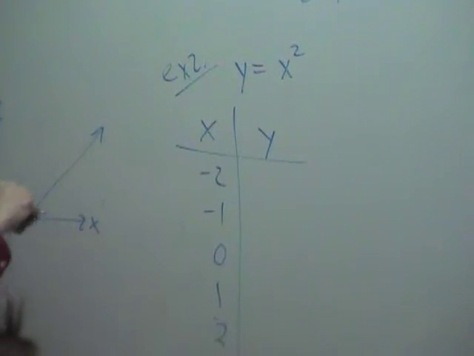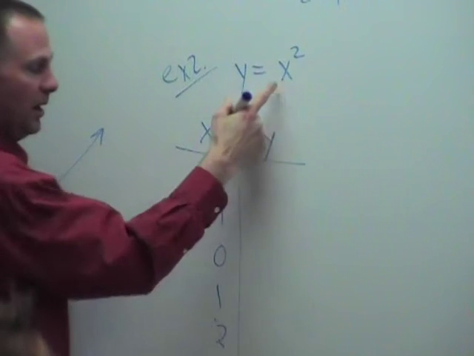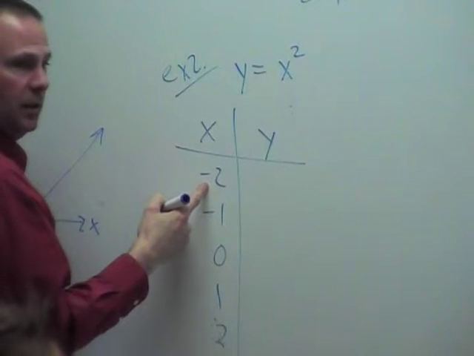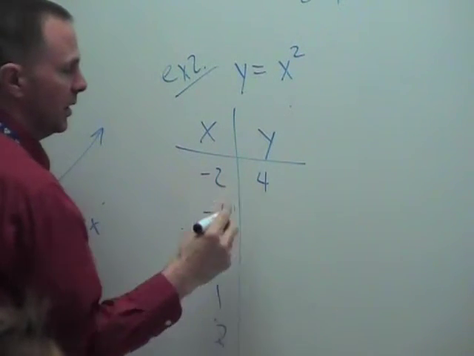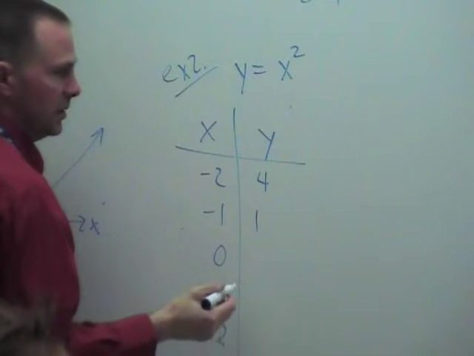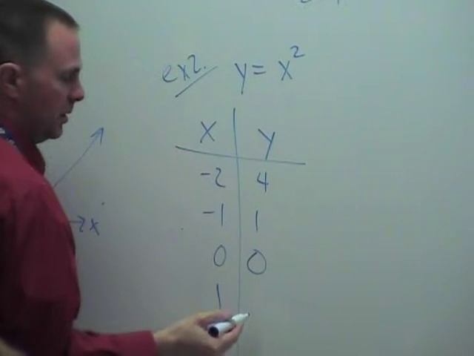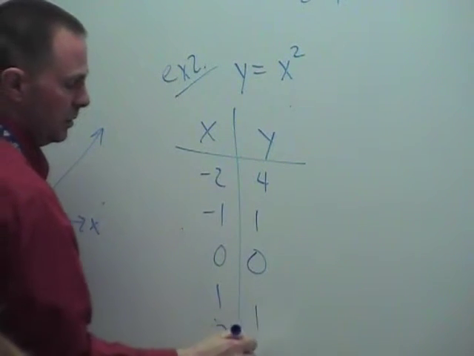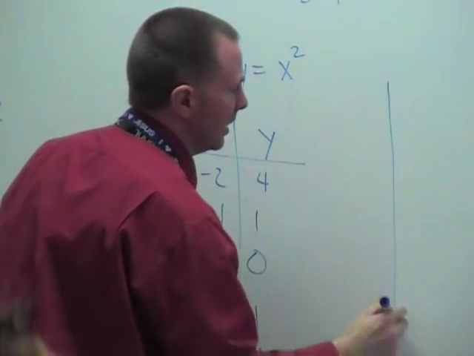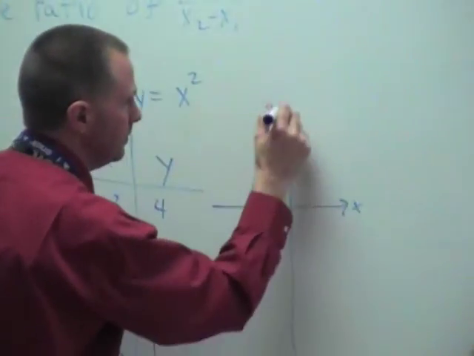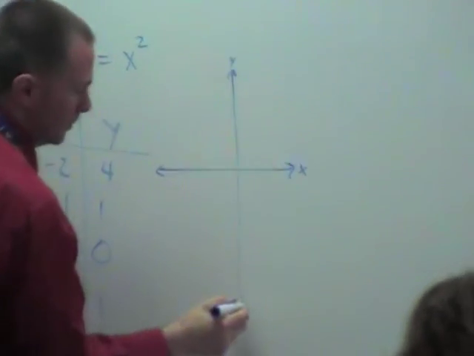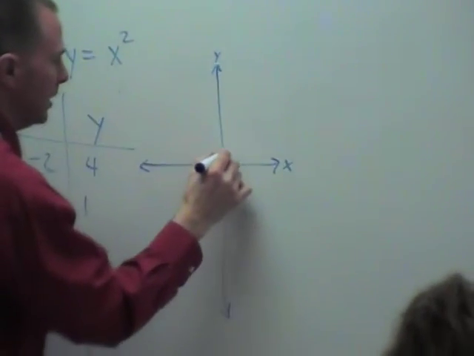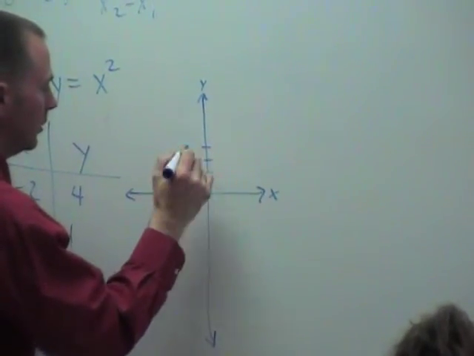Did you graph it? If I square -2, what do I get? 4. Positive 4. If I square -1, 1. Square 0, 0. If I square 1, 1. I square 2, 4. All right. So this is what it looks like. When x is -2, y is 4. When x is -1,